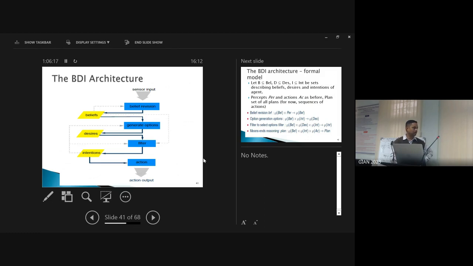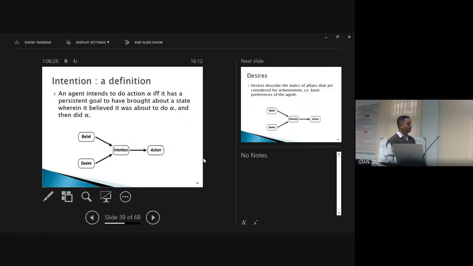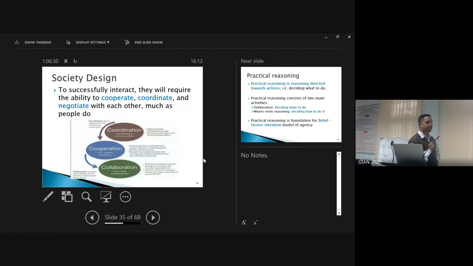Then desire, and intention to perform an action to reach the goal. Now, for this particular workshop, we are more focused on this slide: coordination, cooperation, and collaboration, where multiple agents are coordinating, they are cooperating, and they are